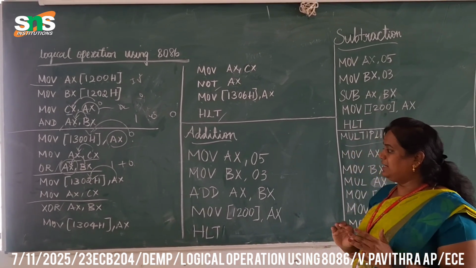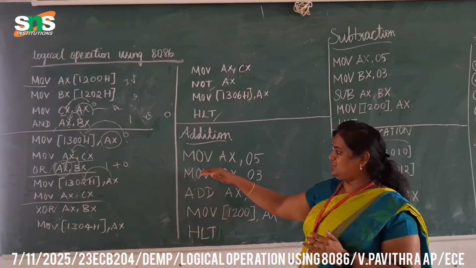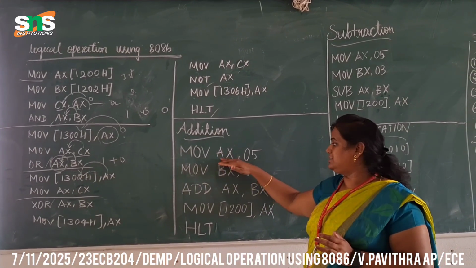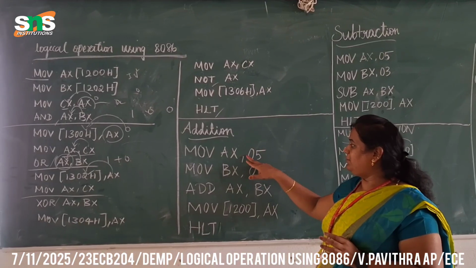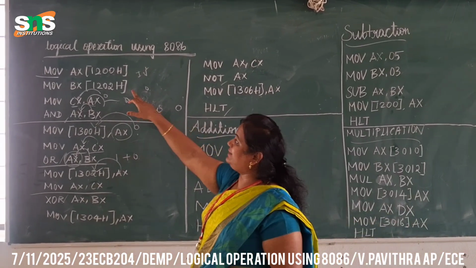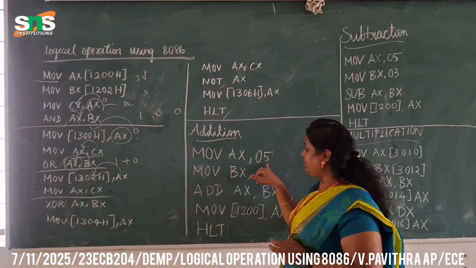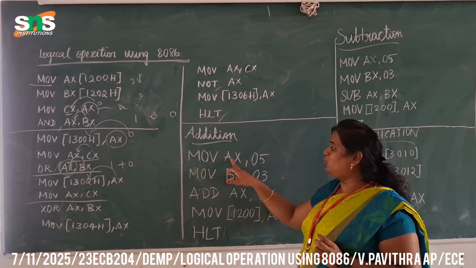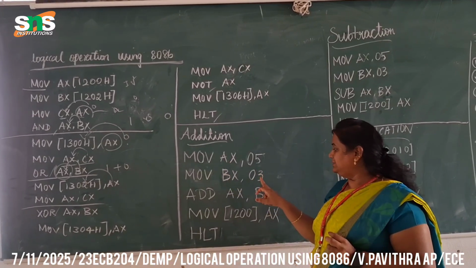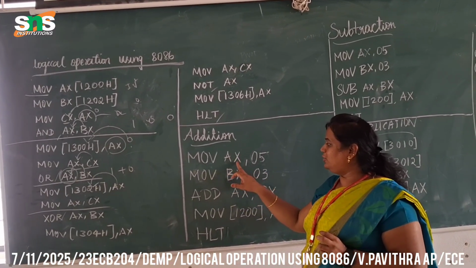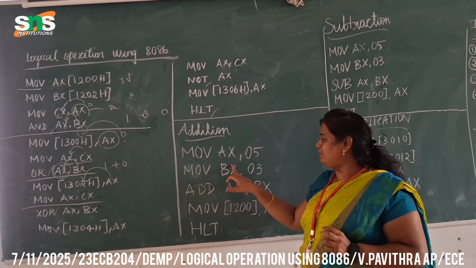First of all, I am taking the basic instruction MOV, and already you know AX is nothing but the 16-bit register. So first of all, here I am directly taking the value. Okay, earlier we gave the address, but here we are giving the value directly. So what it means is the 05 should be moved to the AX, and this 03 is moved to the BX. So the value of the AX is 5. The value of BX is 3.